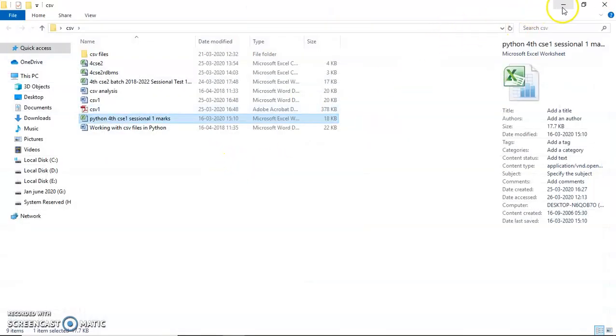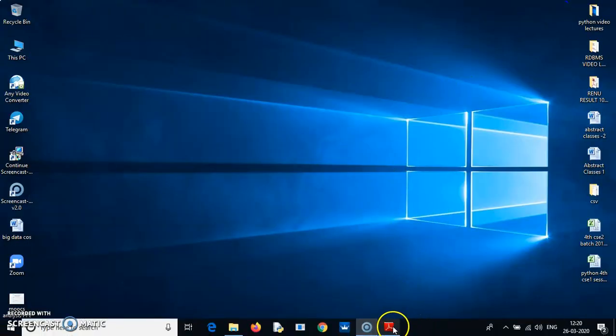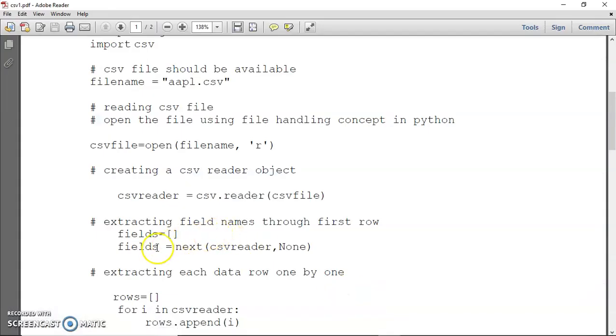To pick up the header row, the syntax would be, let's say I've taken a list fields, an empty list, and then with this command next, with an argument being the csv reader object and a None argument here, it would fetch the first row, that is the header row, into this list fields.